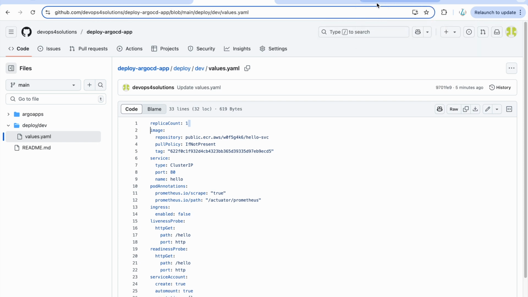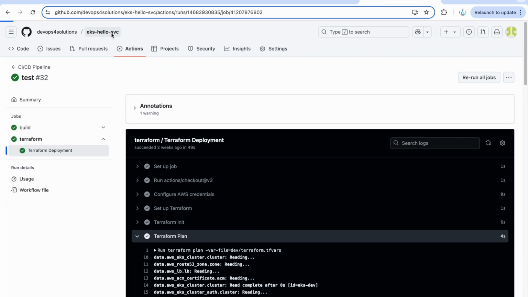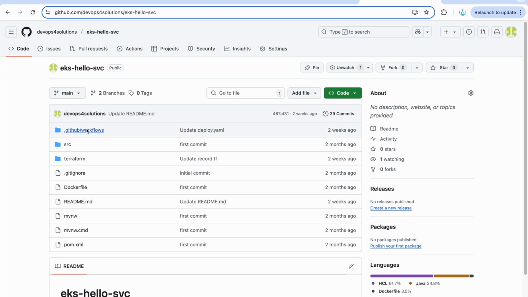Now if I have to do the comparison between the traditional way of deploying on the Kubernetes cluster versus Argo CD, I just wanted to highlight something. This is my EKS Hello service, which is using GitHub Actions and Terraform to do the Helm deployment. Here CI and CD are tightly coupled.